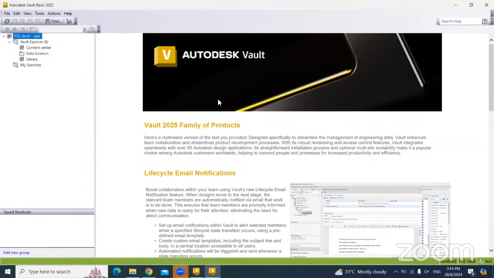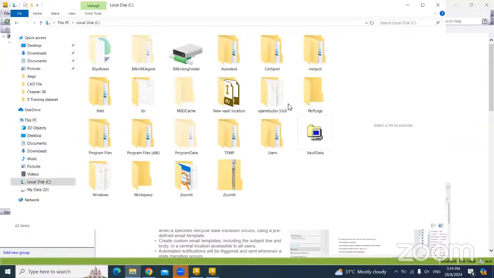So the next thing is to specify the location for the Vault client. Basically, what happens is that when you store the file inside the server and then you want to work on that file, it will be copied into your client PC. That will be the location that we're going to set. So I'm going to create a folder first. Let's say when I'm copying the file from the server, I would like to place it right on the C drive here. I'm going to create a new folder and call it FOL